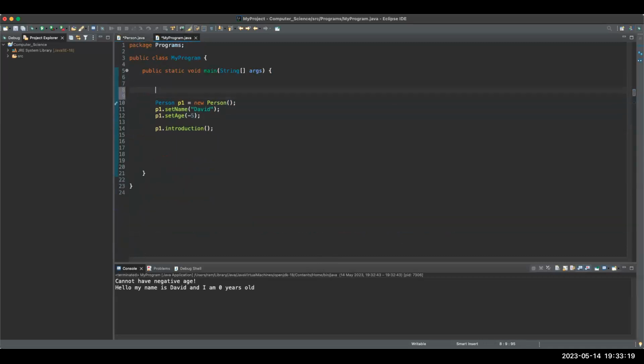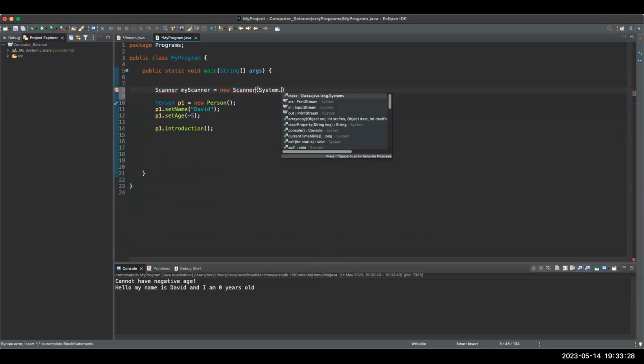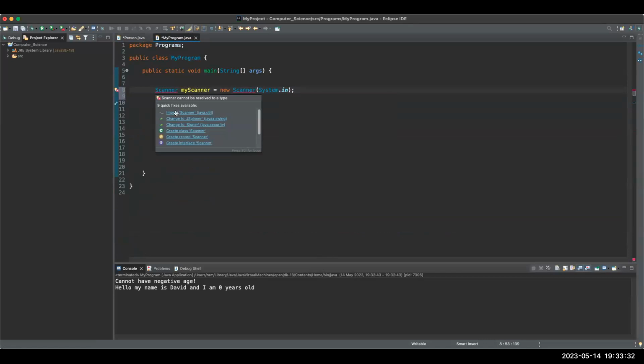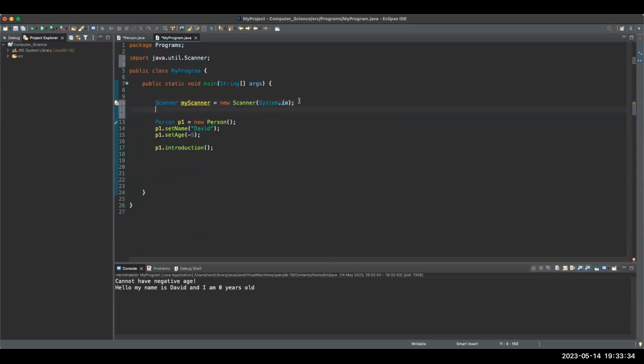Usually you'll see that it might be beneficial to introduce a scanner here. Scanner myScanner equals new Scanner(System.in). And get that scanner imported, and basically you can give them the option to enter the names and so forth. So you can just say, my scanner, or enter your name, and then of course,